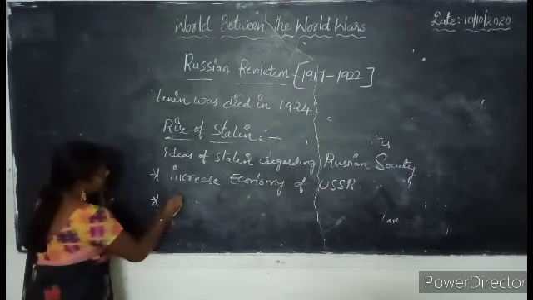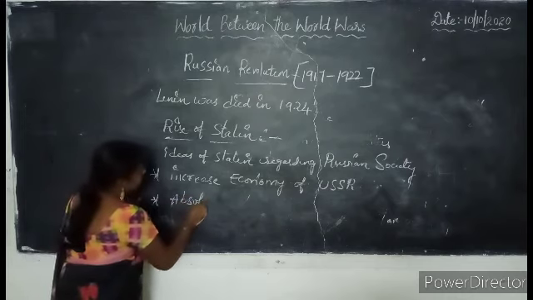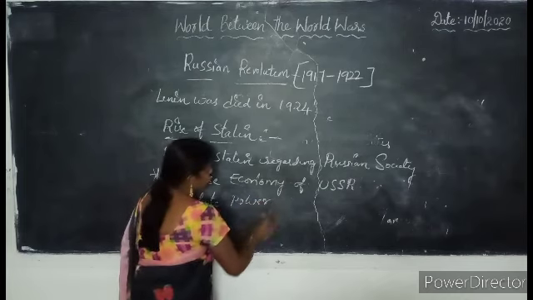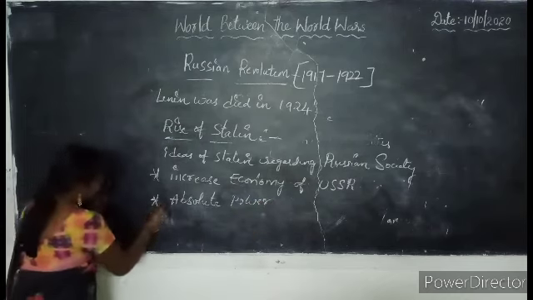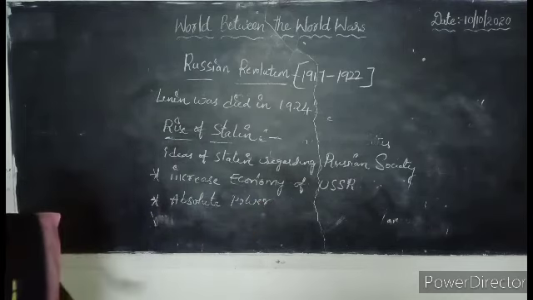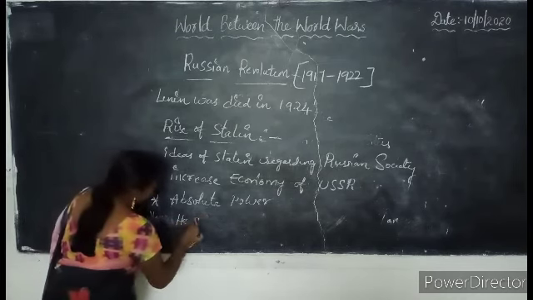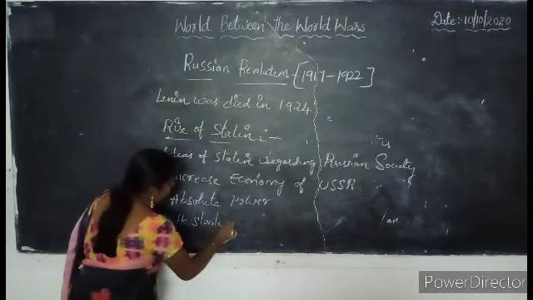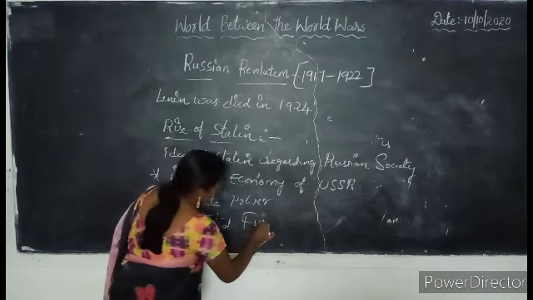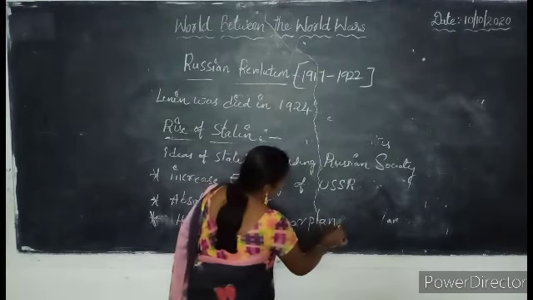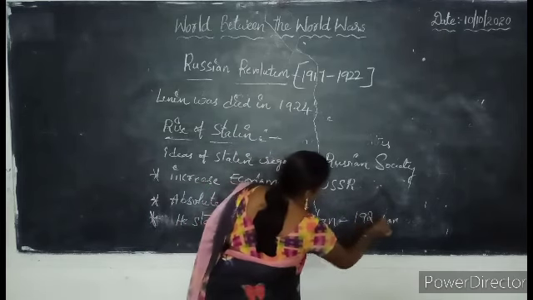He established absolute power. Next, he started 5-year plans to increase the economy of Russia in the year